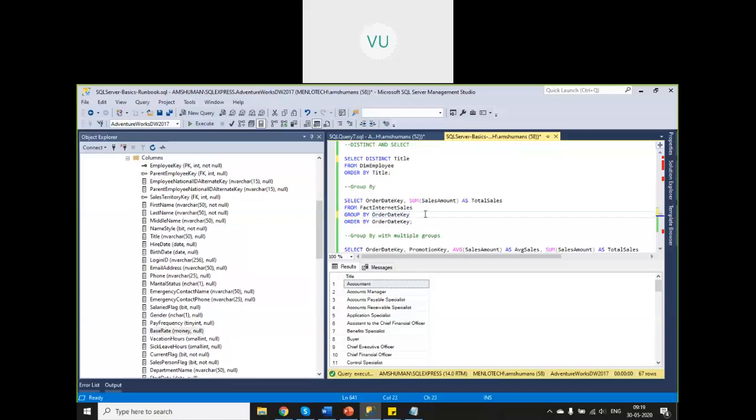If this column has 1, 2, 3 as distinct values in your database, first the records with value 1 will be grouped together, and then the records with this column value as 2 will be grouped together. So grouping is done, it's not ordering. Group based on the unique values of a particular column, then order by.